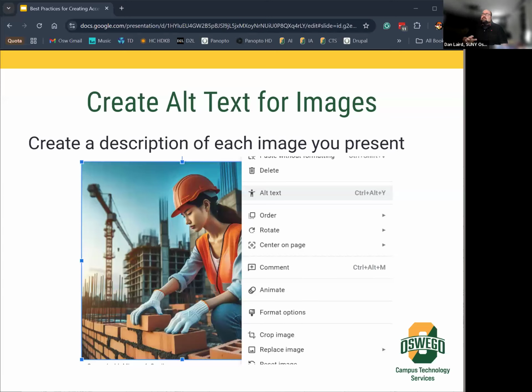I've been asked before, you can put captions underneath photos, and that's something that does get read by screen readers and can be a valid substitute for alt text. Like if you name the image one, and in the caption it says, in image one there is a construction worker laying bricks at a construction site, that is sort of the equivalent. So you can get around it in that way if you speak to the image in the text.